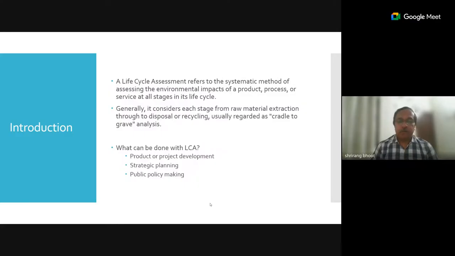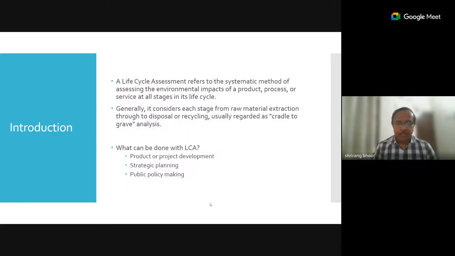So to simplify it, in the example I will be doing a gate to gate analysis to show you how we can do the LCA for one activity, and the same kind of activity needs to be further performed for different categories, and that can be connected together to get a complete cradle to grave analysis.